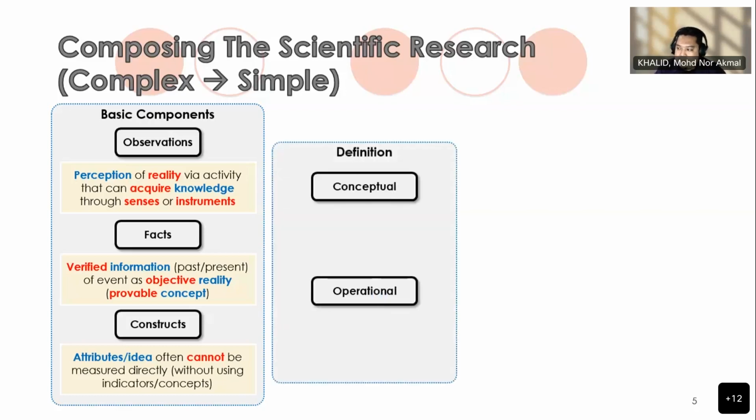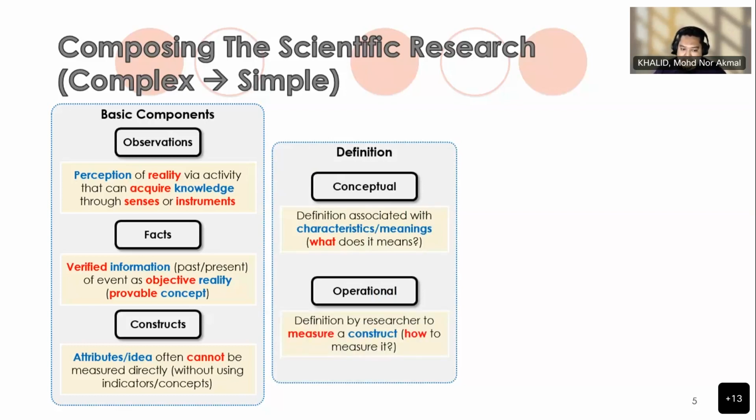These are the basic components that you try to incorporate in your research process. Basically, one way to approach this is to start by defining the concept or construct by using conceptual and operational techniques. Conceptual is what it means when you try to define certain things, where we associate characteristics and meaning. And then operational is how we as researchers can actually measure this construct, usually what tools we can use and so on to make it